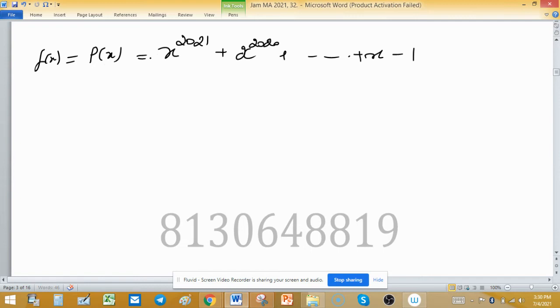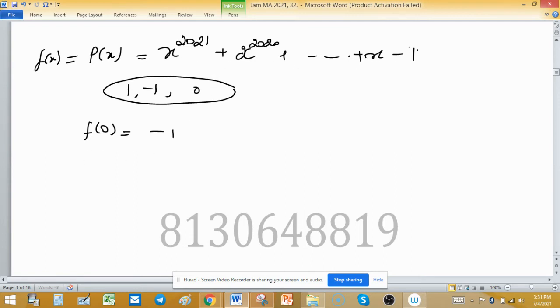Normally, when we check the real roots of a polynomial, we sometimes try 1, minus 1, and 0, because these are very elementary points and calculation over them is very easy, so we can judge whether they are roots or not. The value of f(0) will equal minus 1,